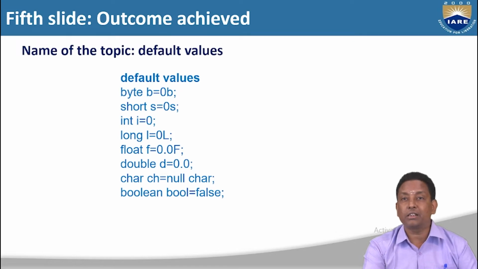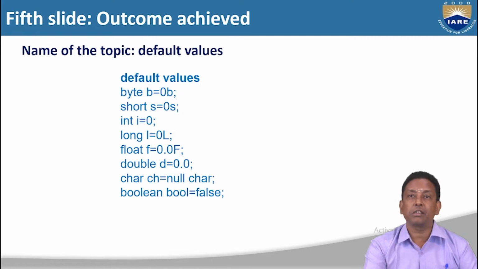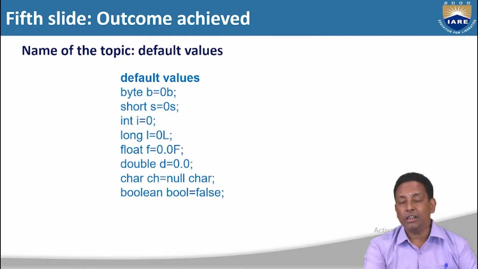Int takes 4 bytes. That cannot be accommodated into 1 byte b. So it will give a compilation error. So int cannot be assigned to byte itself. Hence we need to put 0b so that 0 will be assumed as a byte value. Similarly, to assign a short value also we need to write short s is equal to 0s. So then the Java runtime environment will understand that, okay, the 0 is a short value. So that will be assigned to short.